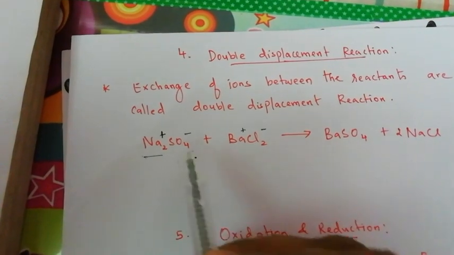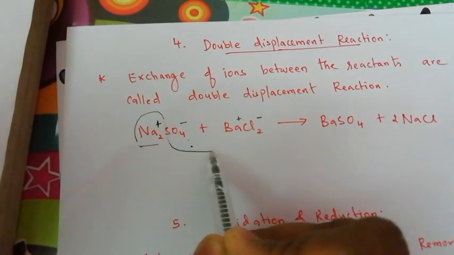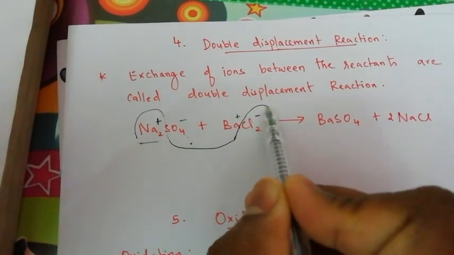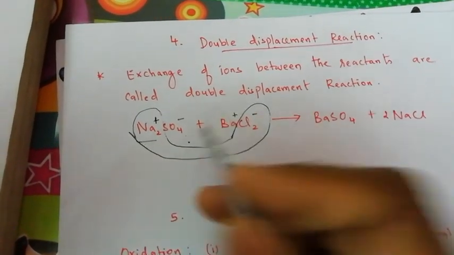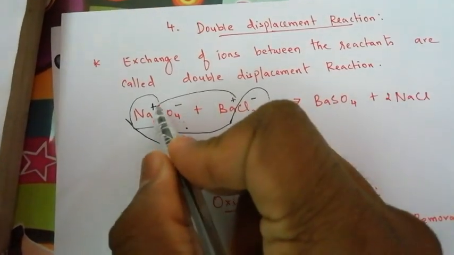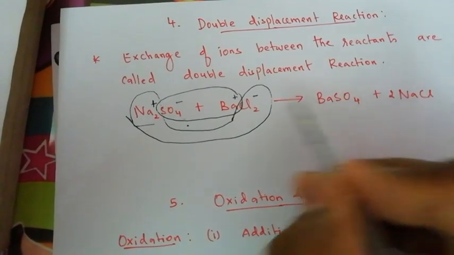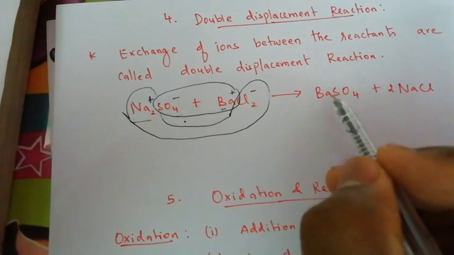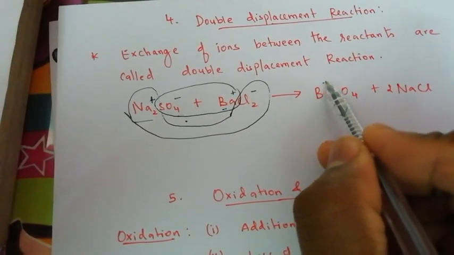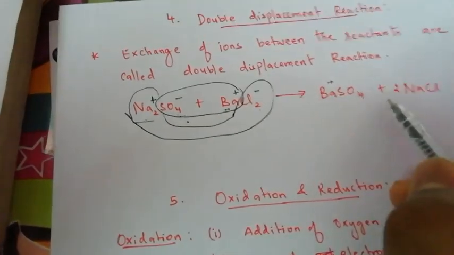These two are going to react. So how do they react? This positive will go and stick with this negative, because they are reacting together, and this positive will react with this. That is what happened here. Barium sulfate, we always write positive in the front, so write it as barium sulfate and sodium chloride,